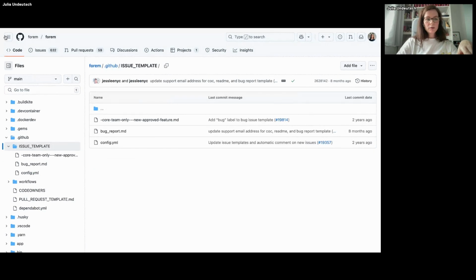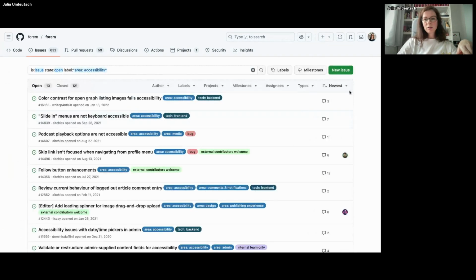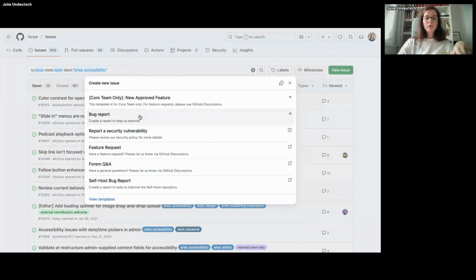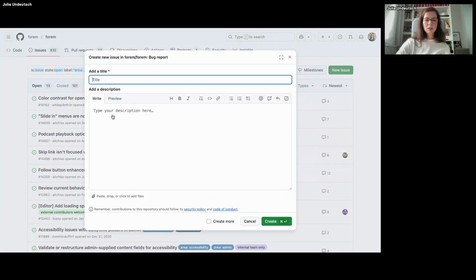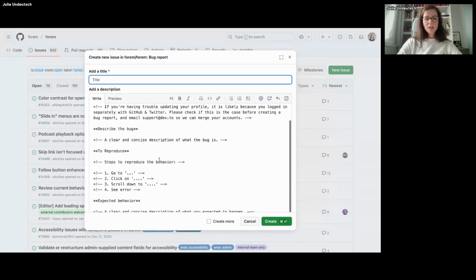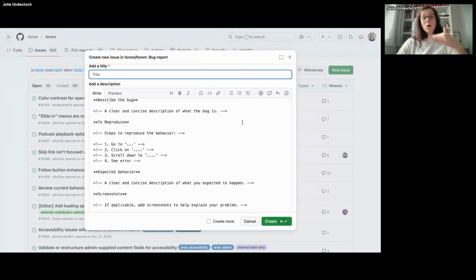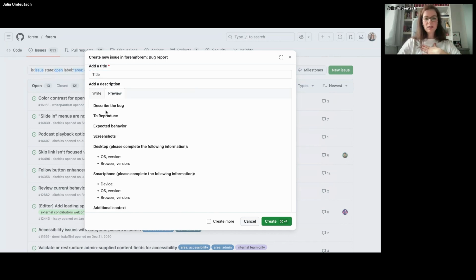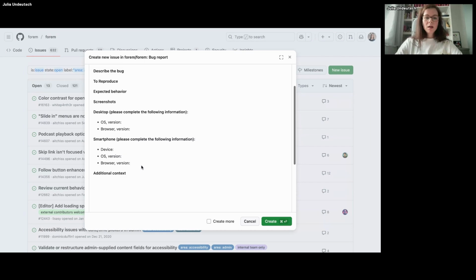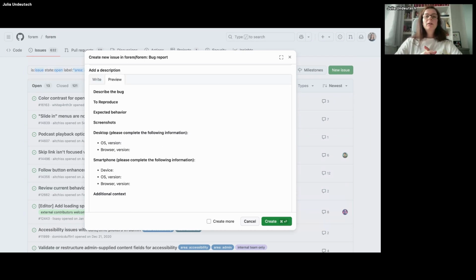And you could start with, because accessibility, when it's not working, then it's an error. You would start with the bug report. You go to this, and then you can fill it out. If you are not used to the format, which is a markdown, then I can tell you, you can click on preview, and then this would be how it looks like when you hand it in. You have to put in every information they want from you.